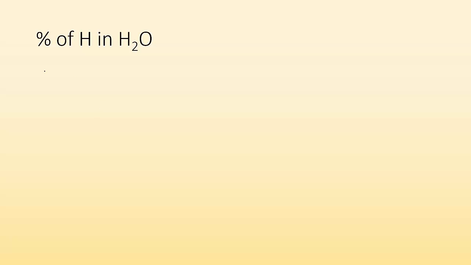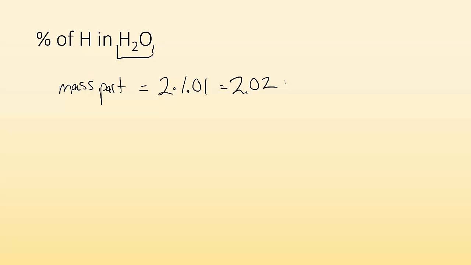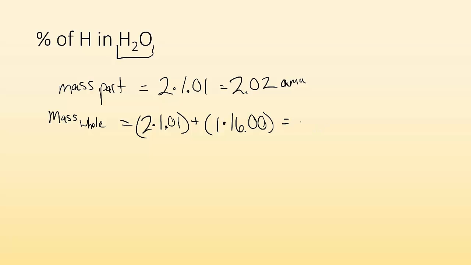Well, first thing we've got to do is figure out what is the mass of the whole thing? So the mass of the part is going to be just the hydrogen, right? So we have two hydrogens times the 1.01 mass of each hydrogen gives us 2.02. So that's going to be our mass of our part. So the mass of the whole thing is going to be equal to the mass of those two hydrogens and whatever else is in there, the one oxygen. So I look up the masses of the oxygen and I get the formula weight for the whole thing